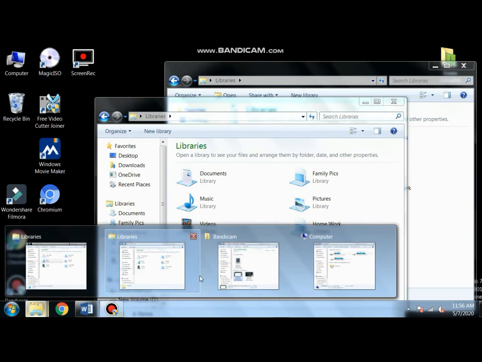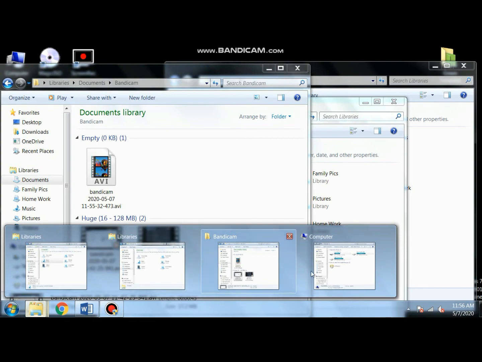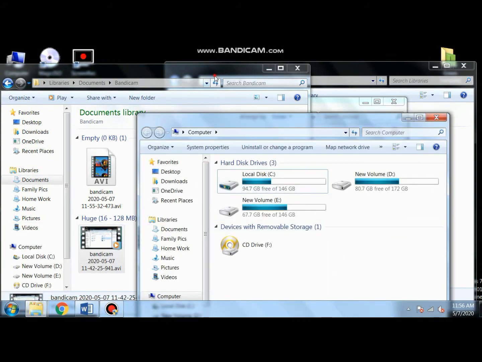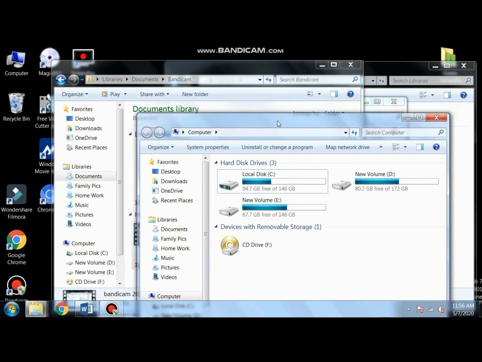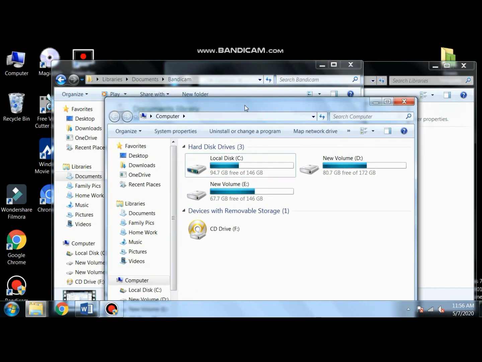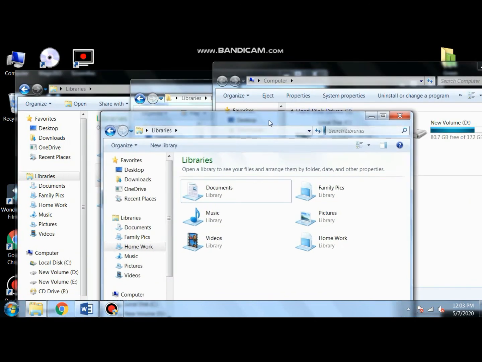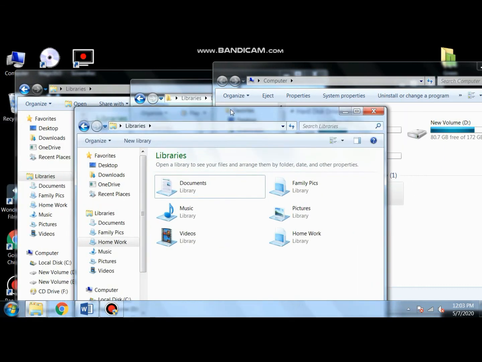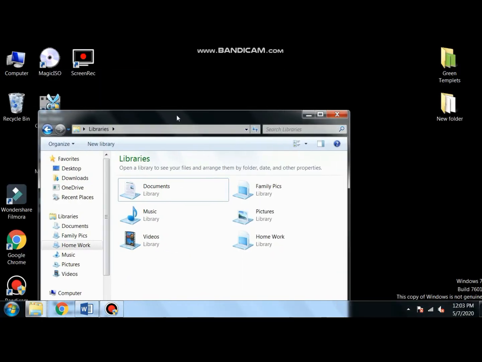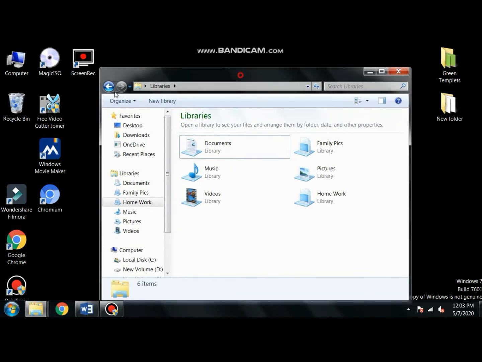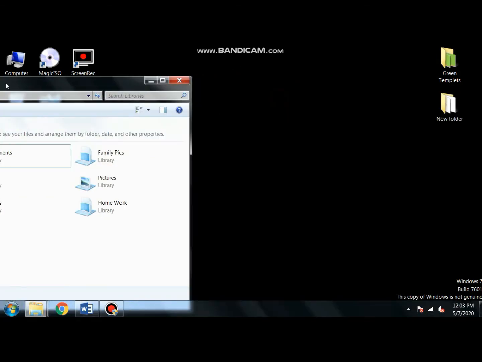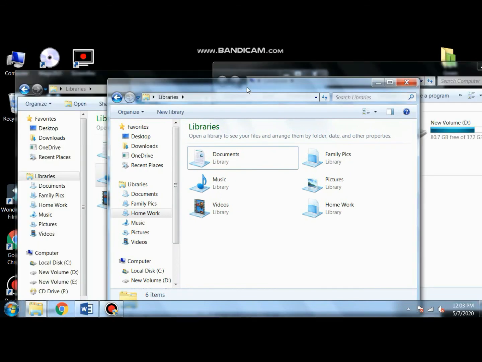So for this you have the Shake windows option. I'm opening all windows here, and I will show you how you can minimize all windows together except the current window. For this you have to click on the title bar and drag back and forth. Click on the title bar and drag back and forth like this. Look, done. And again you do it, and you get all windows back on your screen. Look like this. Yes, great.